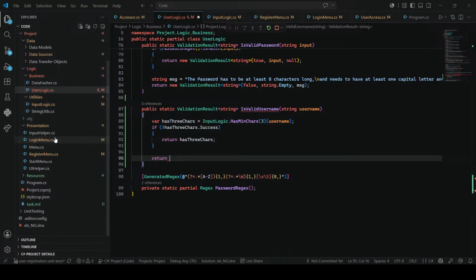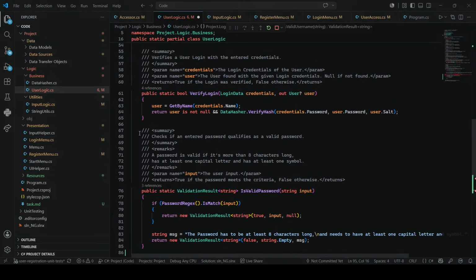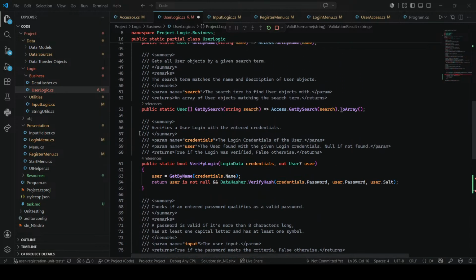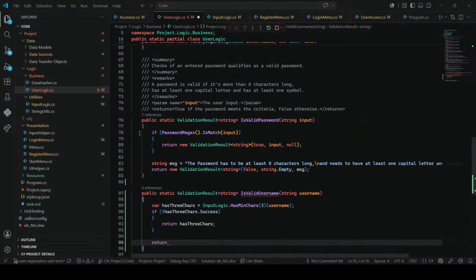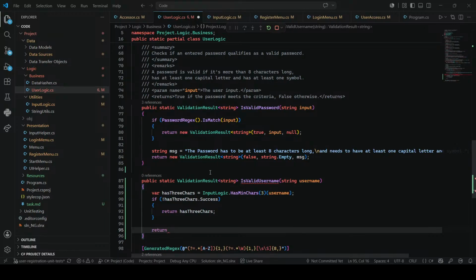Now, for that in user logic, yeah, because this is in the logic, right? So the only thing I would need to do really is say